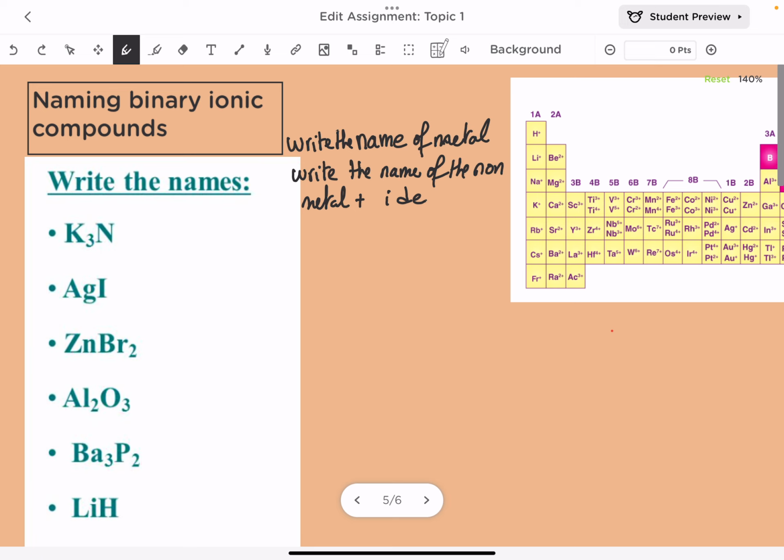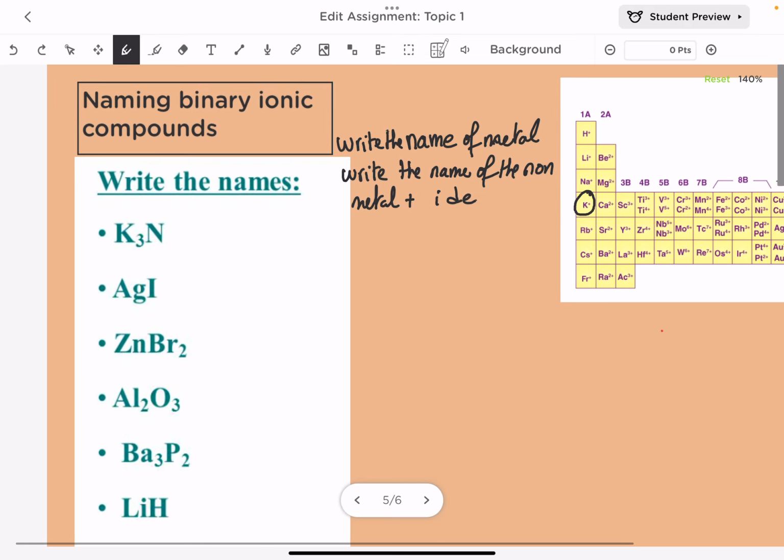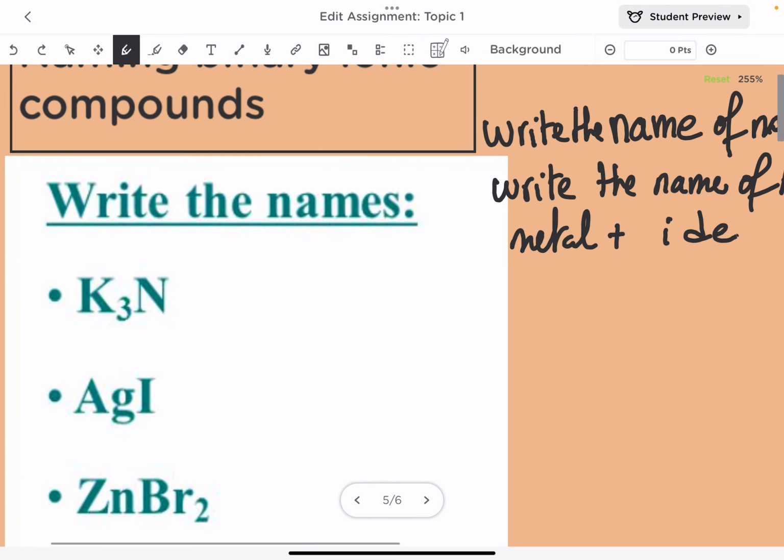K3N. K is a positive 1 ion and N is a negative 3 ion. Now, of course, when you write the name, you have to make sure that the ions have fixed charges, and don't have more than one charge. So simply the name of this compound is going to be potassium,